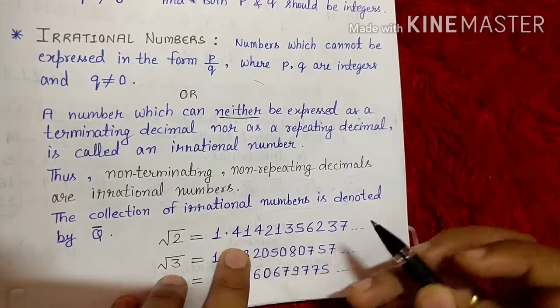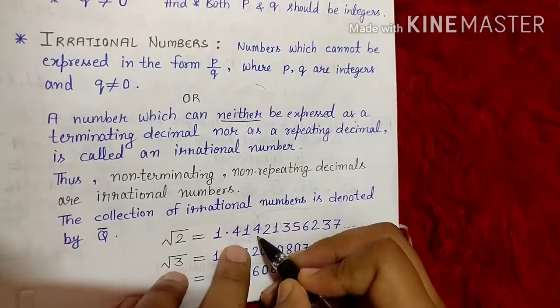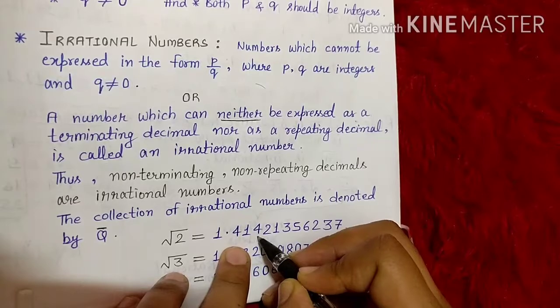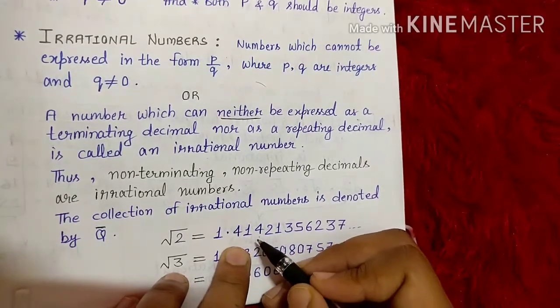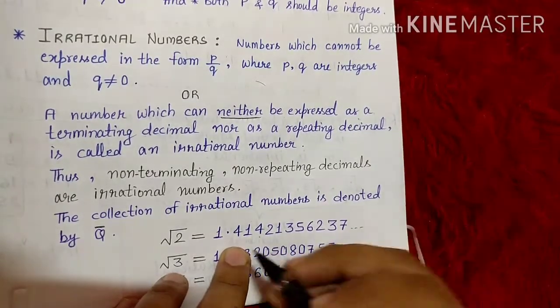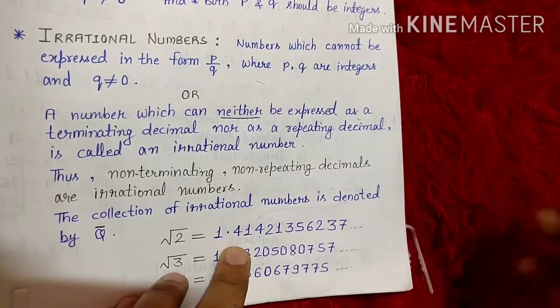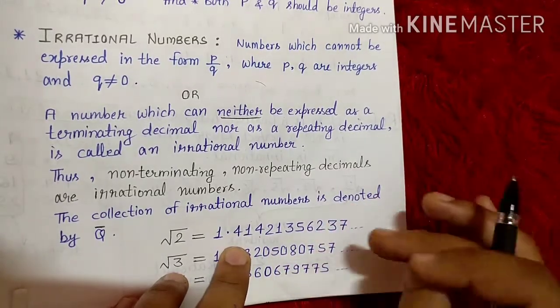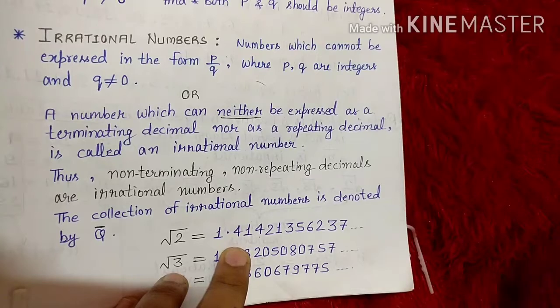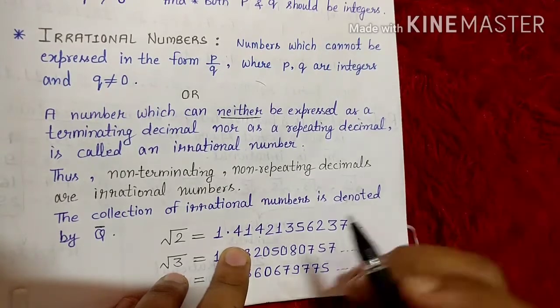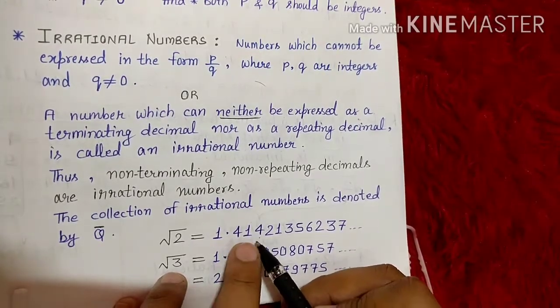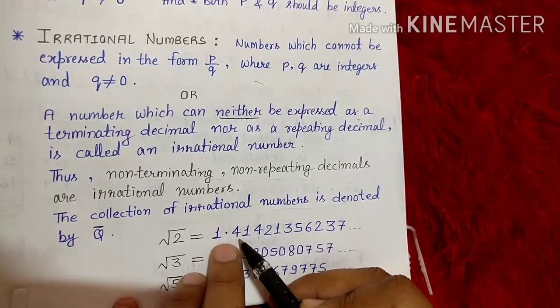1.4142135627. Now some students will say, sir, 4 is repeating here. No, this is not called a repeating decimal. It would be called a repeating decimal if it were like 1.444444, or you can say 0.4444, only 4 is there, then we can say yes, it can be a repeating decimal. So here you can see 4, then comes 1, then comes 4, then after here 4, 1,